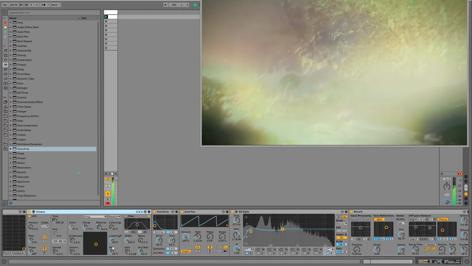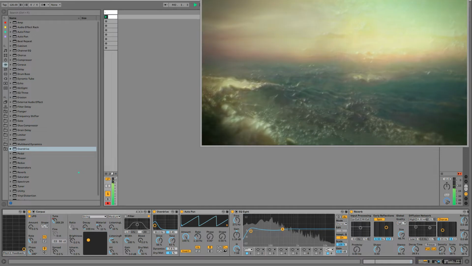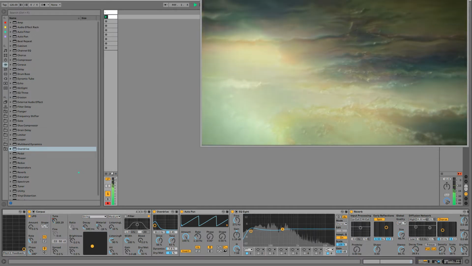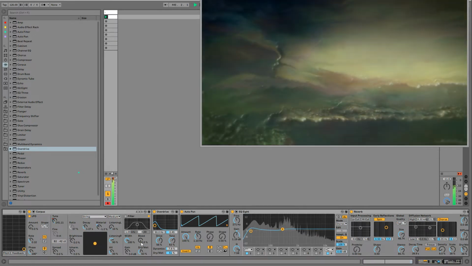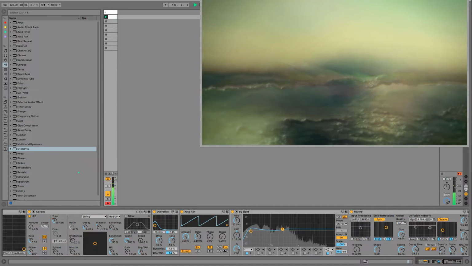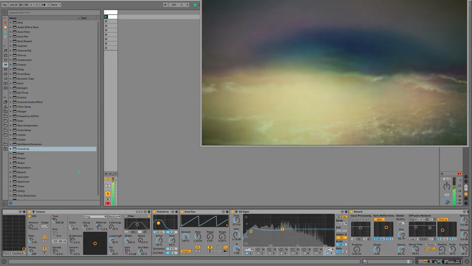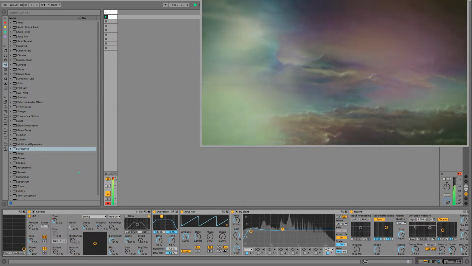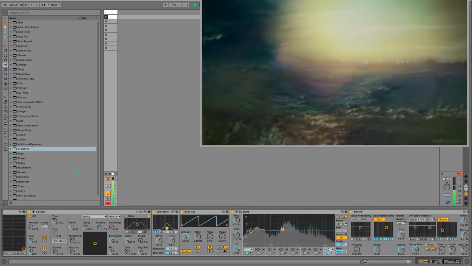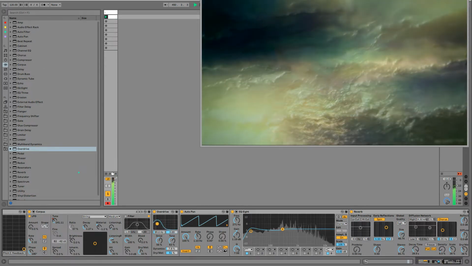The tuning's a little bit interesting, but it's like a growling sound comes out of this thing when we do that.